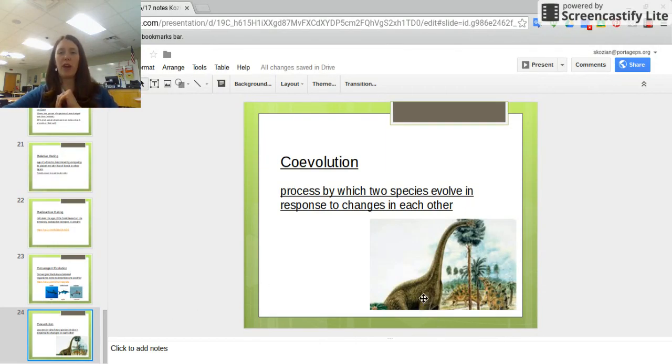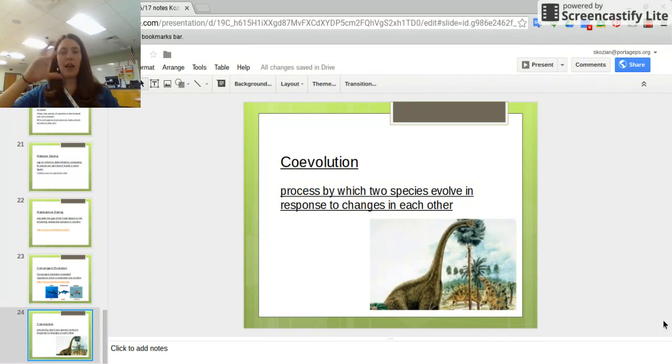So here we've got a Brachiosaurus, and then we have this really, really tall conifer tree. Now, the Brachiosaurus didn't get a long neck because the tree is tall. It didn't stretch its neck up and get a longer neck because the tree is tall. That's thinking like Lamarck, and remember, we don't want to think like Lamarck. What happened was